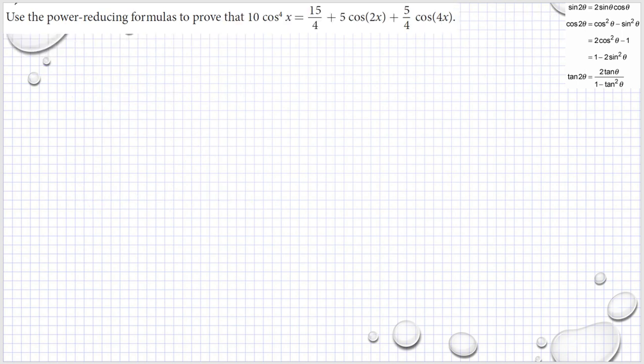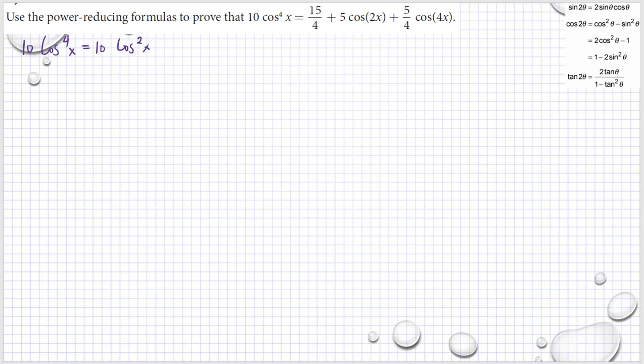Next, we use the power reducing formulas once again. We have 10 cosine raised to the 4th power x is equal to 15/4 plus 5 cosine 2x plus 5/4 cosine 4x. Okay, so we need to do 10 times cosine to the 4th power x is equal to 10 times